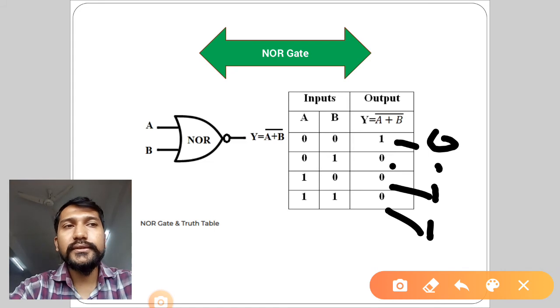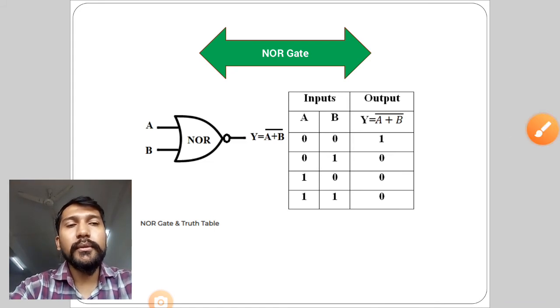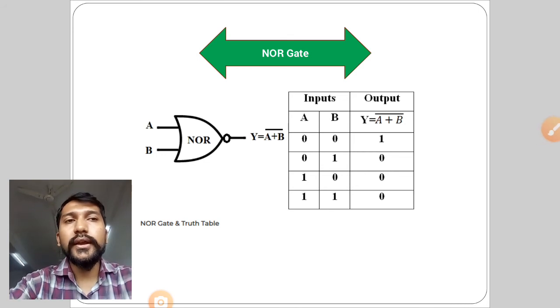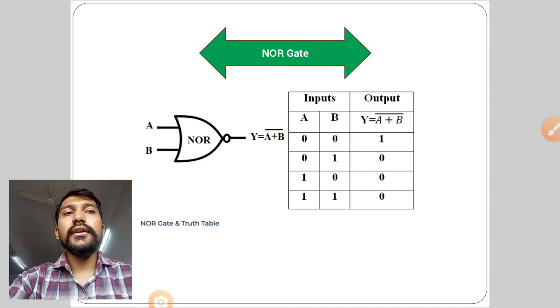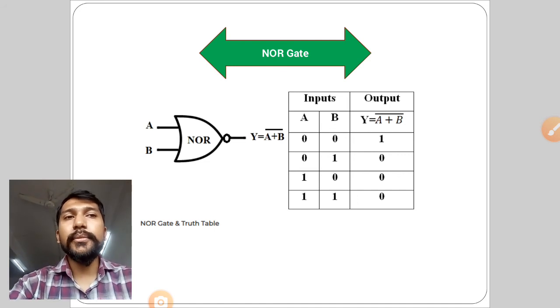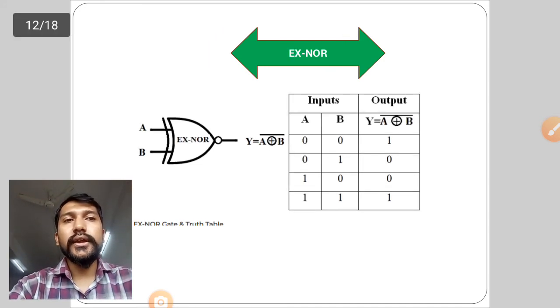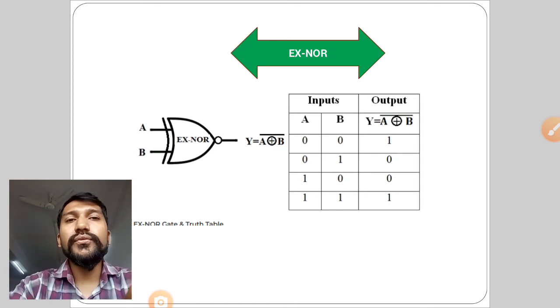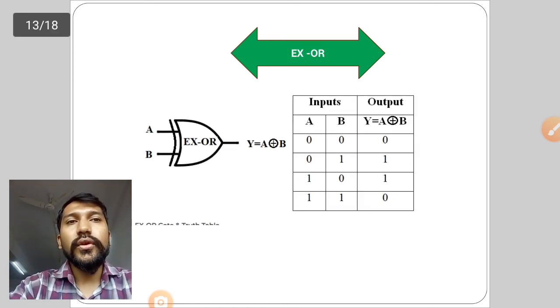Fine. So basic gates and derived gates with their truth tables and symbols. There is always a question: draw the symbol and truth table of basic gates or derived gates. So these are the gates. There are two gates apart from this, that is your XOR gate. Now this is the symbol of your XOR gate. Sorry, it is XNOR. So first we will go for XOR.